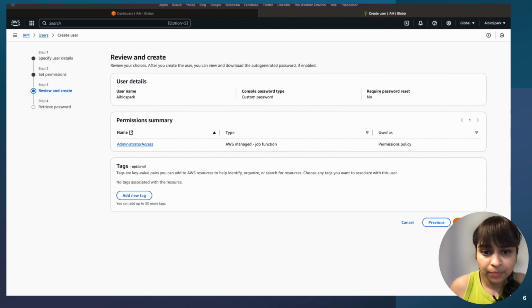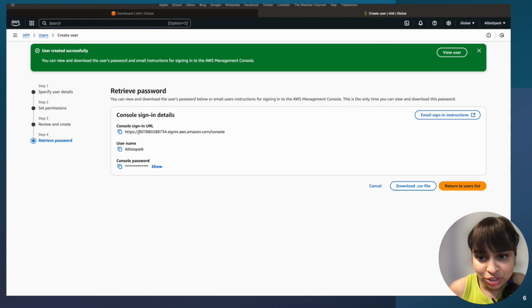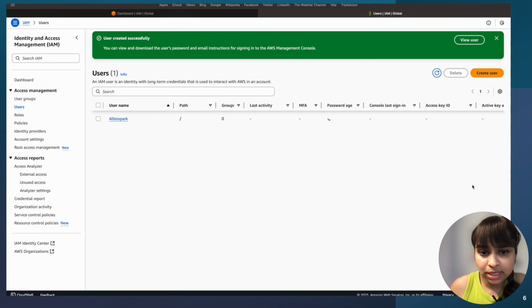Everything looks great. And this is where it's very important. You will email the instructions if you want. You will download the CSV file, because here you'll have your account number, your username, and your password. Okay, your account number are these numbers here. Okay, so I have downloaded everything, and then I return to the page where I can see that the user